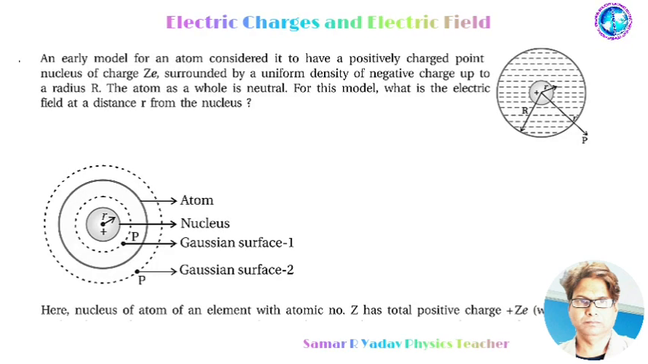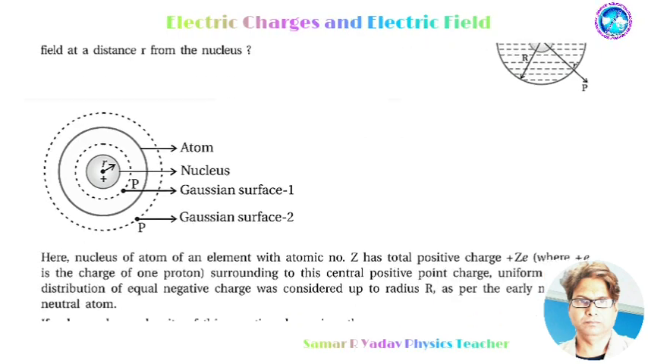An early model for an atom considered it to have a positive charge point nucleus of charge Ze surrounded by a uniform density of negative charge up to a radius capital R. The atom as a whole is neutral. For this model, what is the electric field at a distance small r from the nucleus? You can see in the figure also